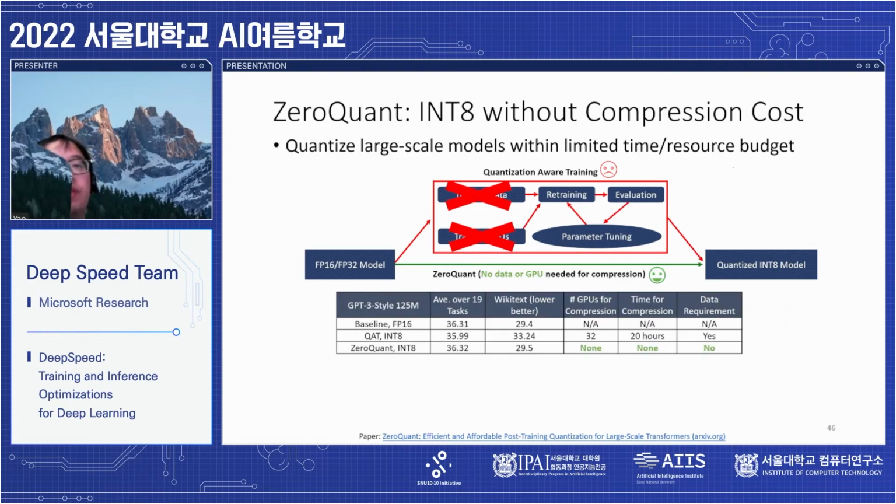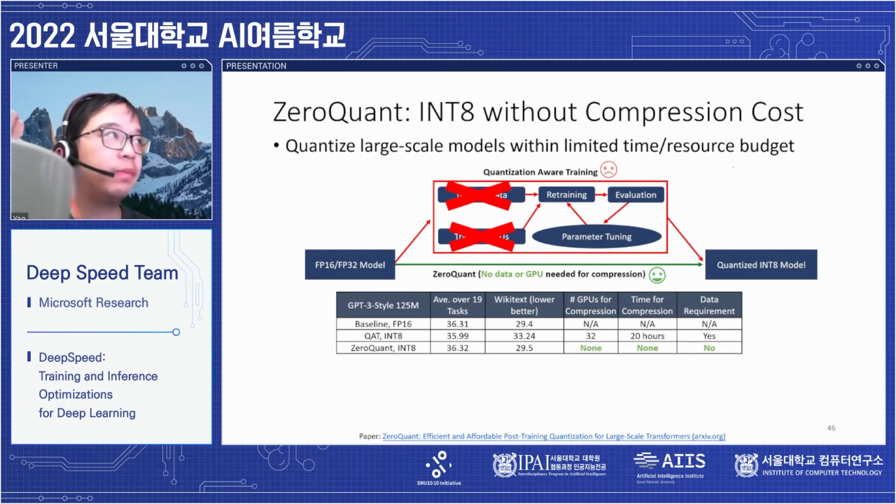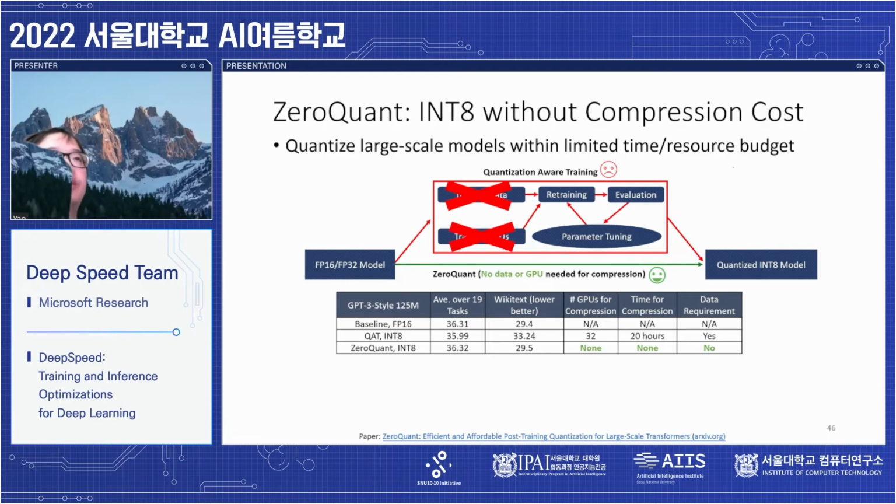To verify the performance, we applied quantization-aware training and ZeroQuant on a GPT-3 style model with 125 million parameters. As can be seen, compared to quantization-aware training, ZeroQuant doesn't require any GPUs and time, and it's data-free. And more importantly, ZeroQuant achieves better accuracy and better